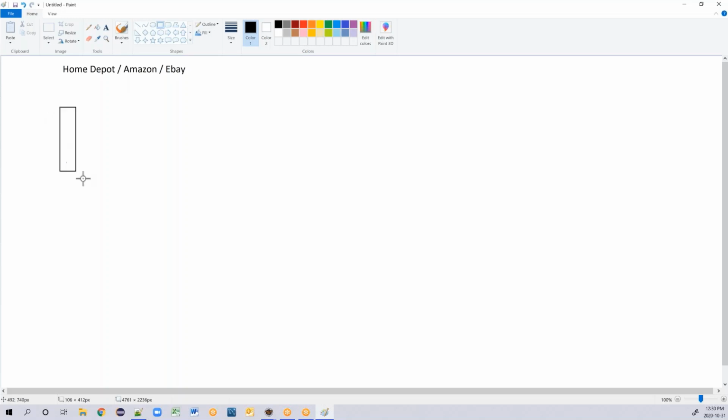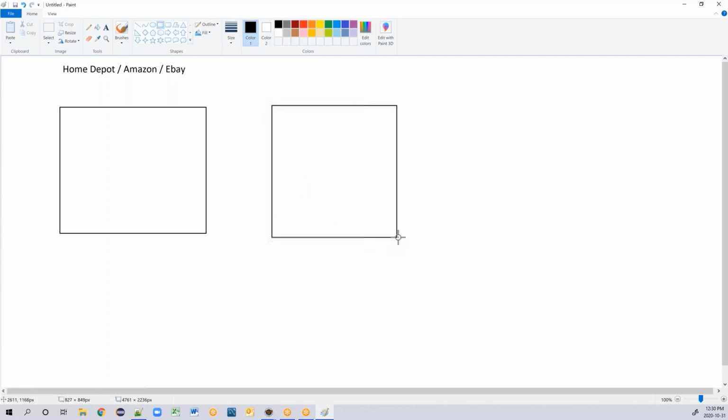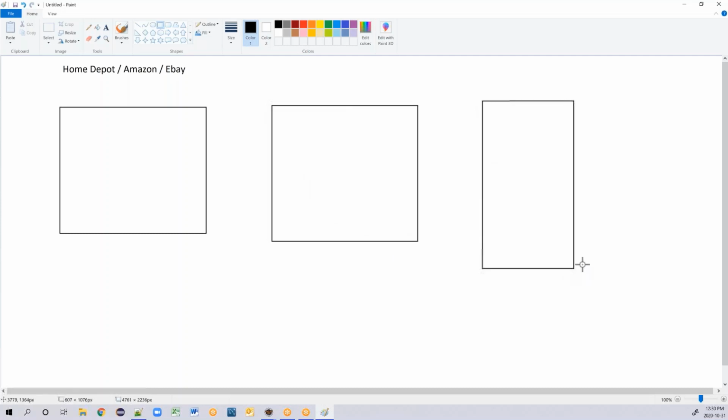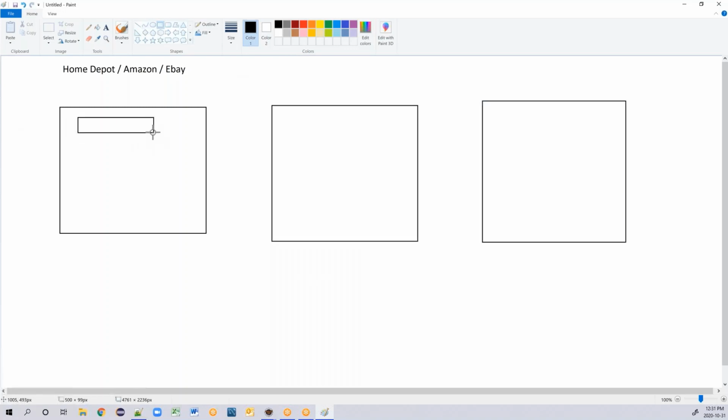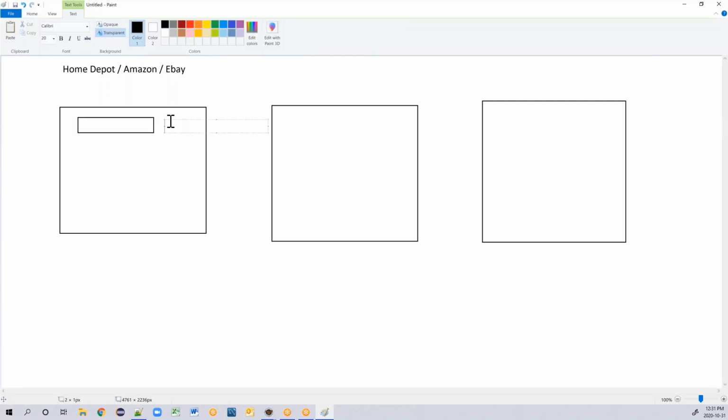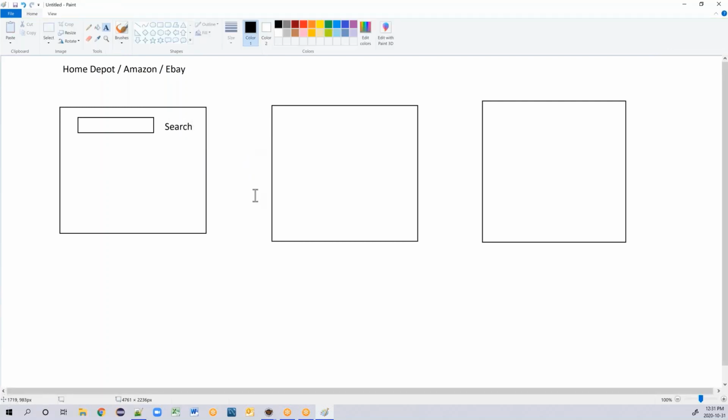This is your application, and this is also the same application. There is a possibility that there is a search field and a button called search button. Okay, search button functionality, or find functionality, you have.